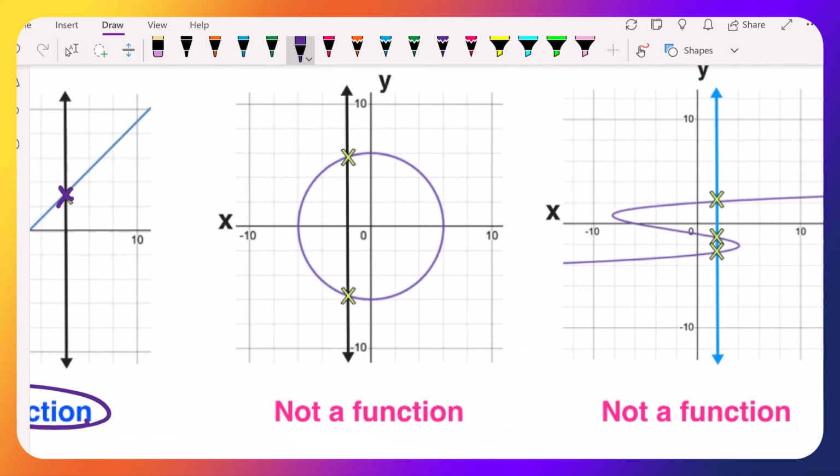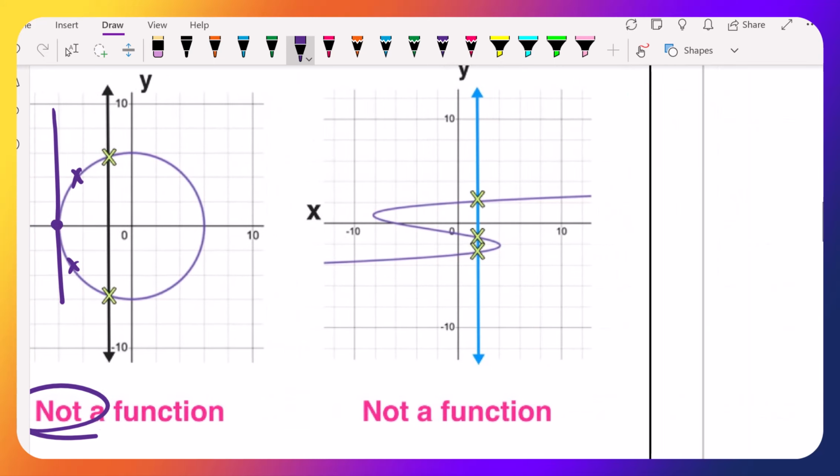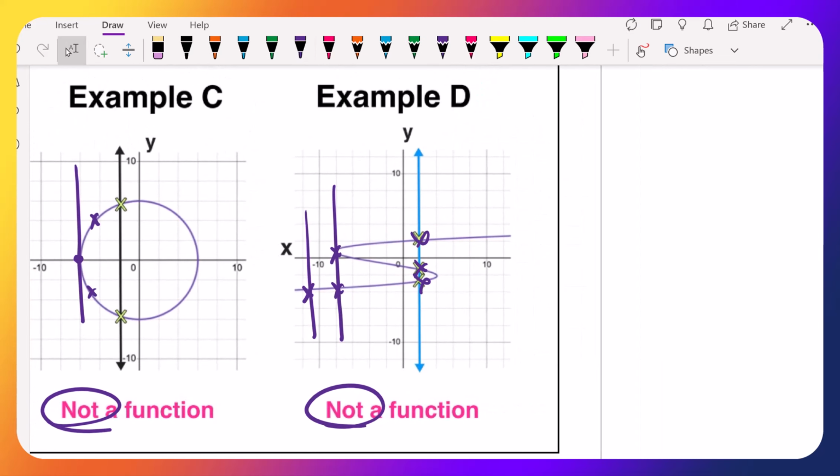A circle, it's going to pass the test here, but as soon as it moves past this tangent point right here, it's going to create all of these double intersection points. Not going to be a function. And then this one also is a very, very obvious example. It passes here, but as soon as it touches here, it's got 2, even 3 at some points. Definitely not going to be a function. Now, everything that we've done so far, those are all considered functions, okay? The problem is that when you're trying to figure out whether the inverse is a function,